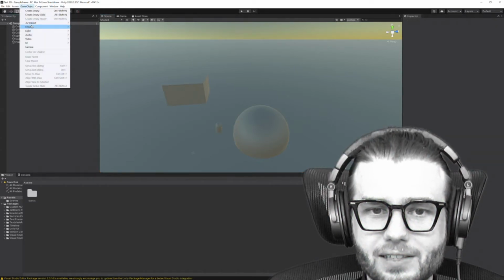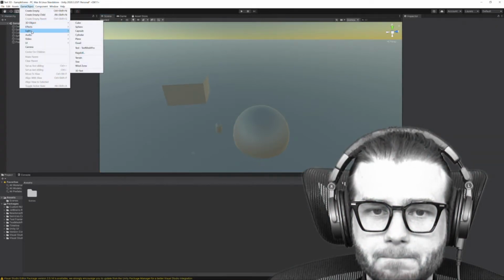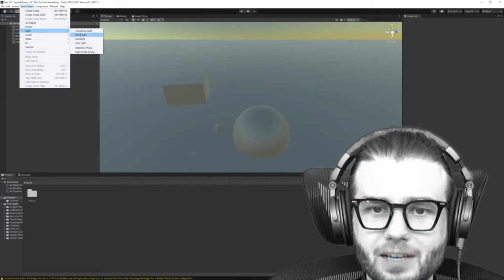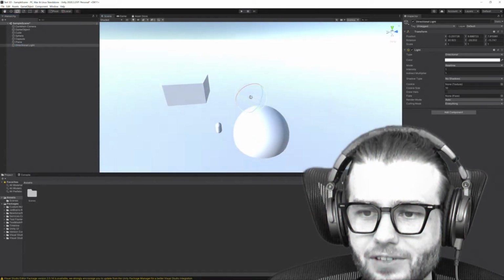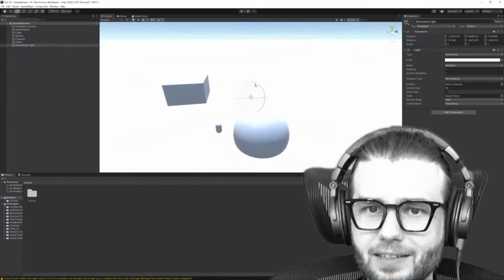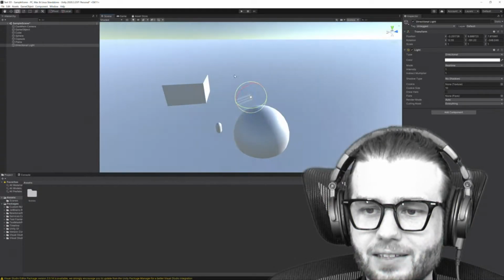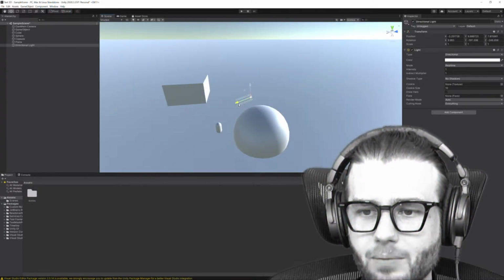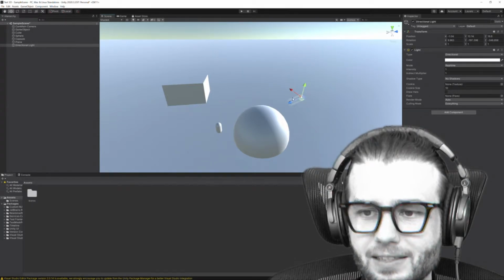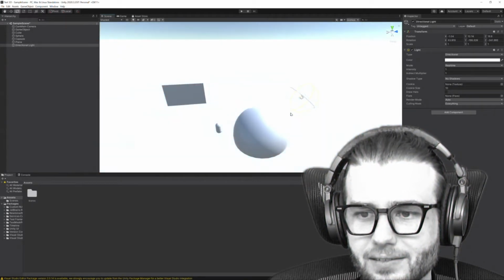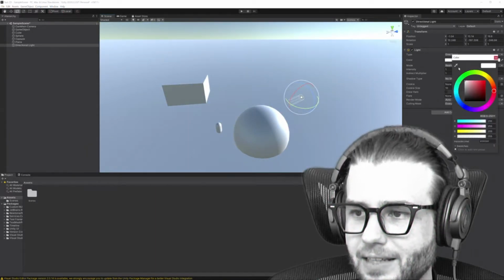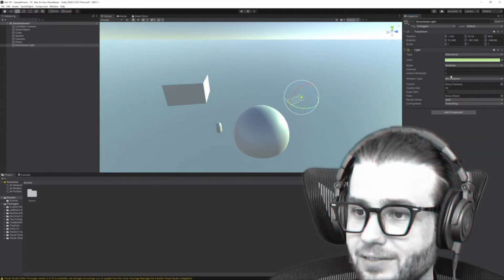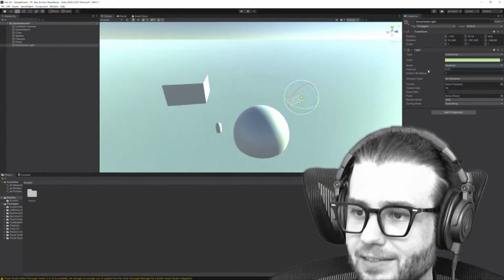So now let's go to game object and create some light. I'm gonna have a directional light. And what happens with the directional light? I rotate it, and like the sun, it's infinite. It doesn't matter where I put it, the placement is meaningless. All that matters is the direction from which it comes. And yes, I can change the color into greenish, whatever. I can change the intensity,